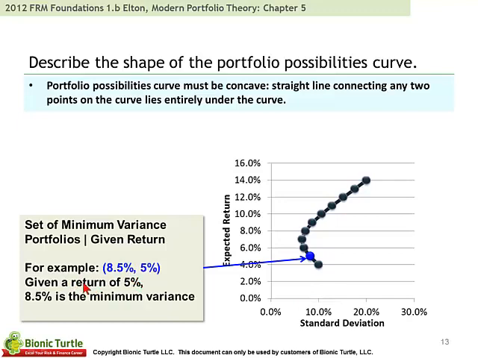For example, here given a return of 5%, 8.5% is the minimum variance. So we call this the portfolio possibilities curve or set of minimum variance portfolios,